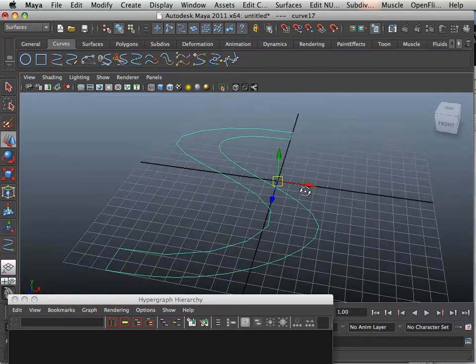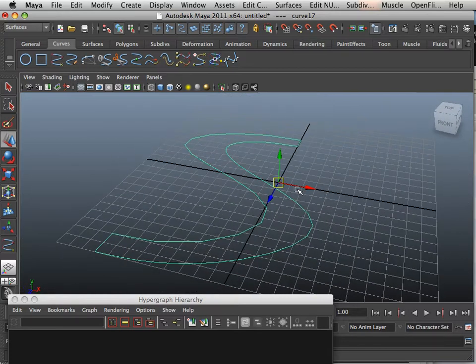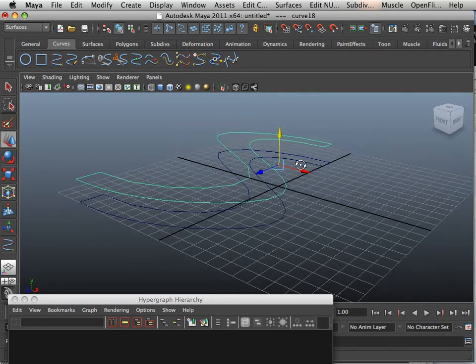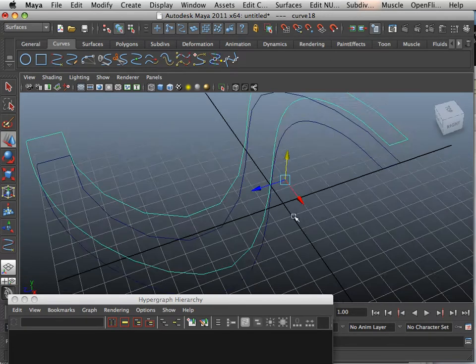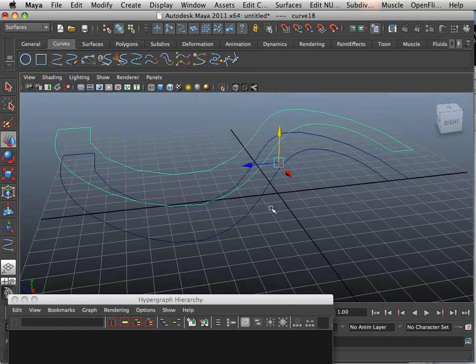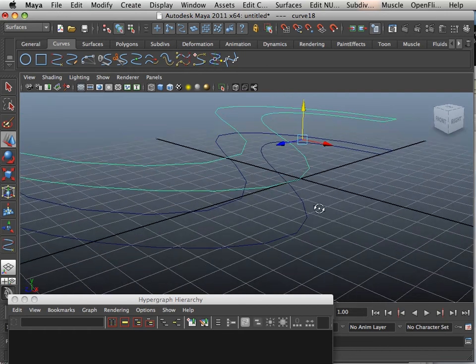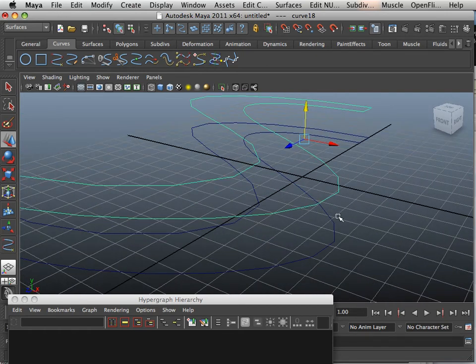Once we have curves, like this letter S, what I want to do is make a 3D letter. Now you would suspect that this would be an easy task, but it's really not. What I want to do, and this is the requirement of the letter, is produce a letter that has good